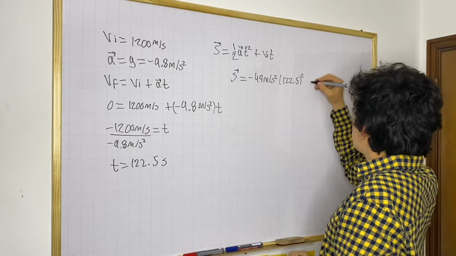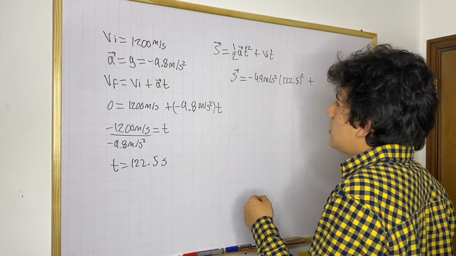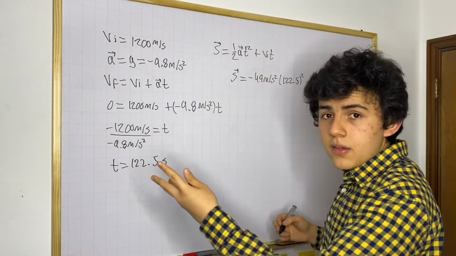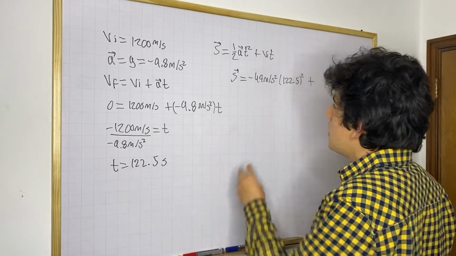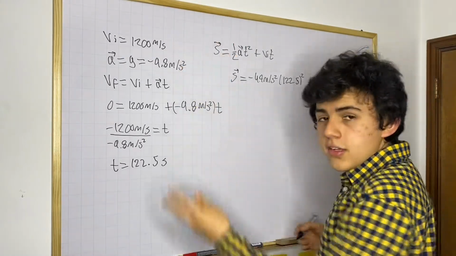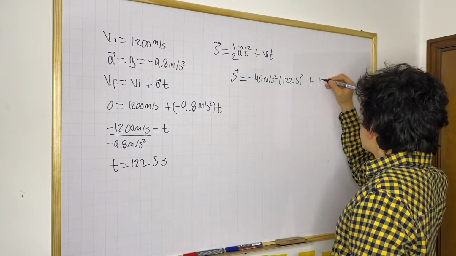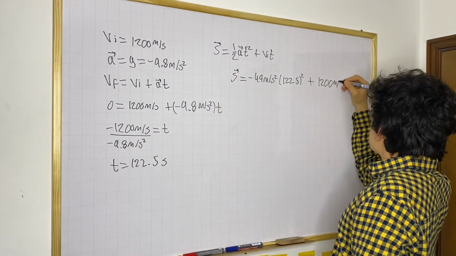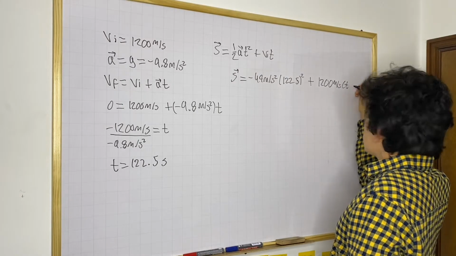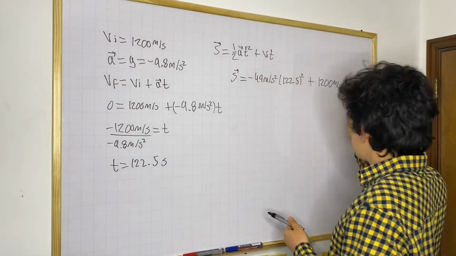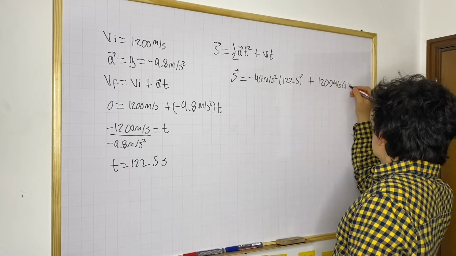So this is time plus our initial velocity, which in this case is positive. Okay, you gotta be very careful with the signs. Initial velocity is positive because it is going in the upward direction. We have 1200 meters per second times time. And we know how much time is, we know it's 122.5